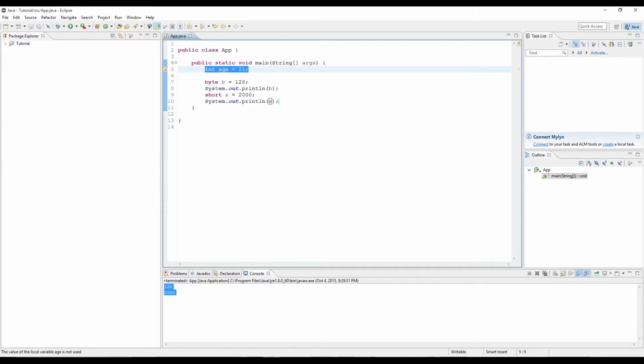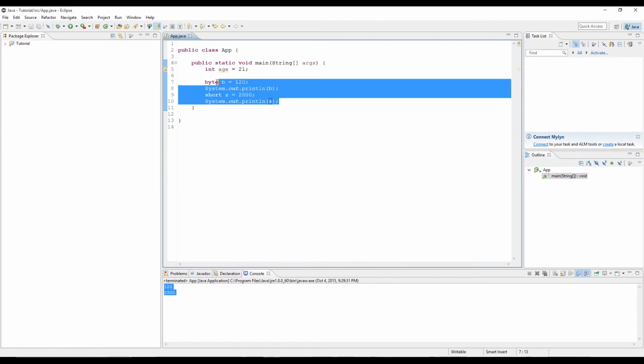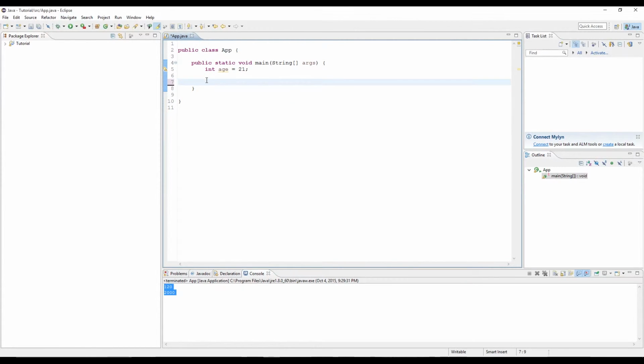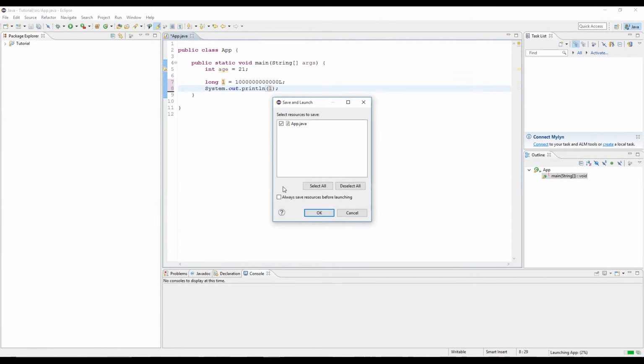And the fourth type is a long. A long is just a longer version of an integer. We'll typically use long for things such as frame counters in games, but you declare it just like any other number. So long l equals 1 followed by a really long number. And whenever you use long constants, you always affix an L at the end, saying that this is a long constant. So if we go ahead and print out this long, and then run it,